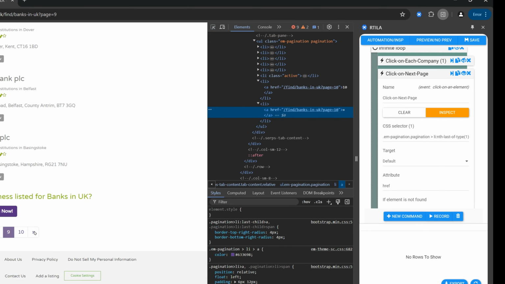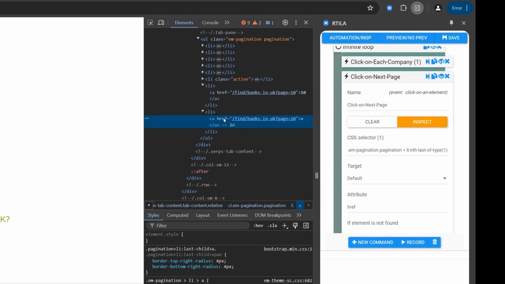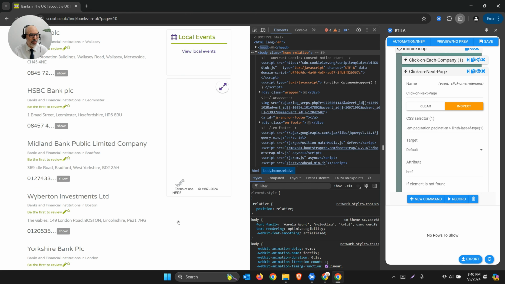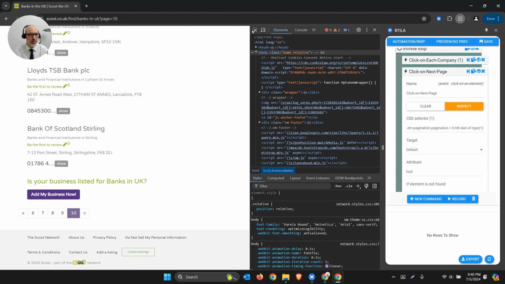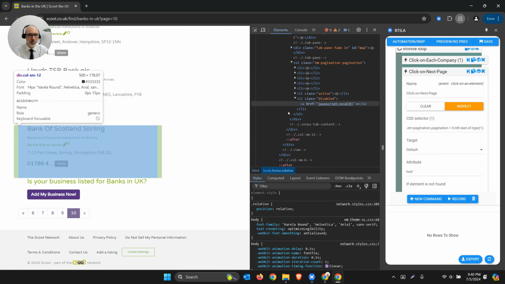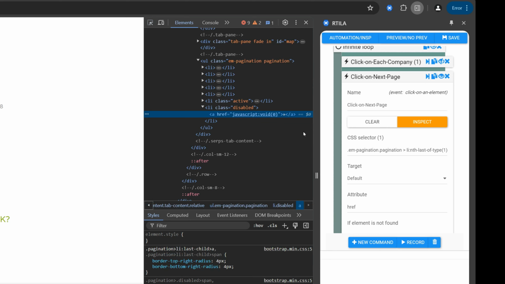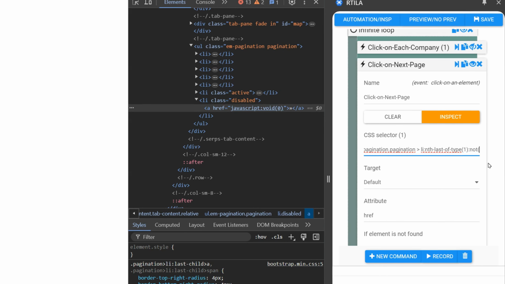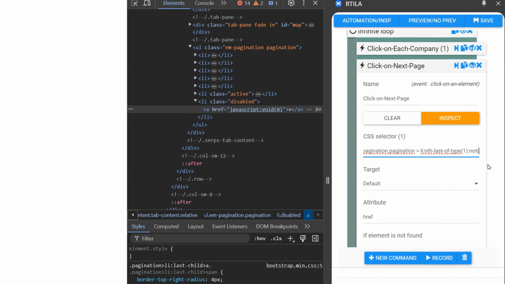So if I look at it here, it is still clickable, so it has href, but it doesn't have any class. You see, there is no class, right? But if I go to 10, they add a class to visually disable it. So if I look at the same button now on this page, the LI has a class called disabled. So what I need to do here is tell Artilla that not only is it the last one, but also the syntax is colon not, and then I don't want to have this class